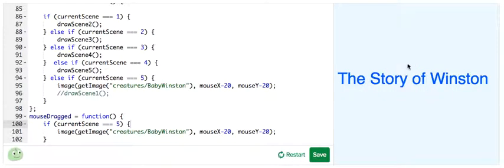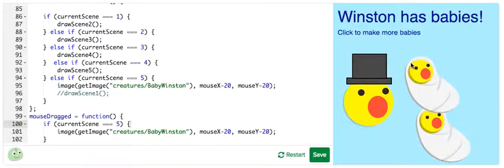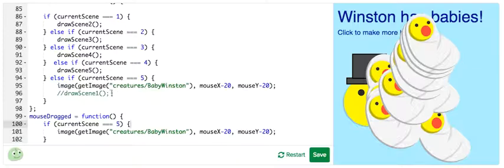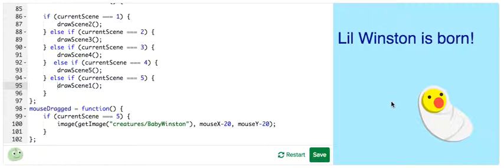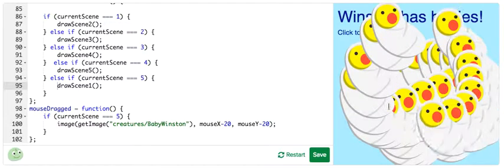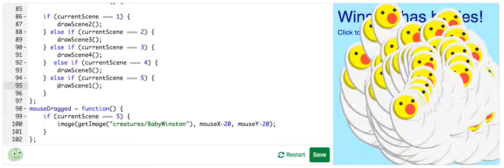Wait a second, let's restart. There we go. Oh, and I should remove this and uncomment there. Okay, now it'll all work. Oh, we have to drag. Yes, yes, it works. Although I'm a bit worried about how many babies Winston might end up with,